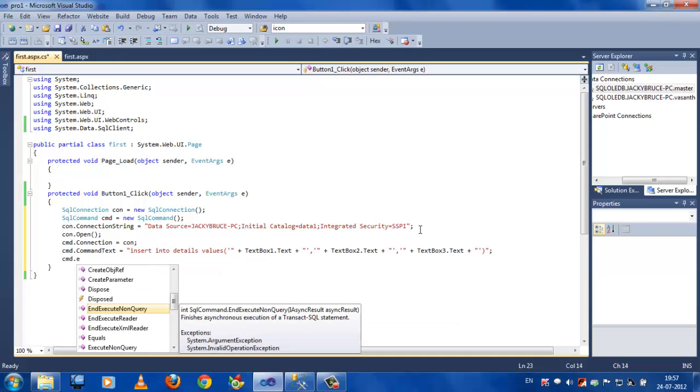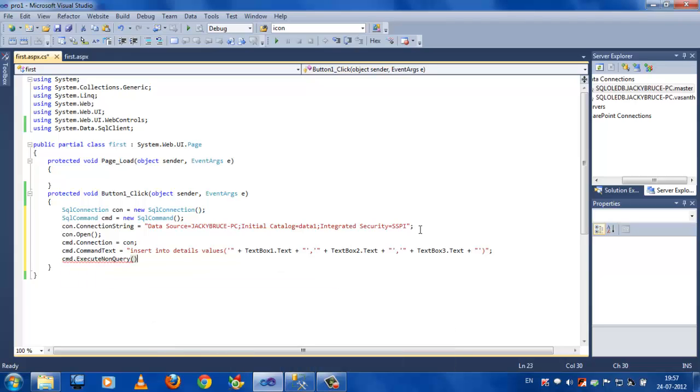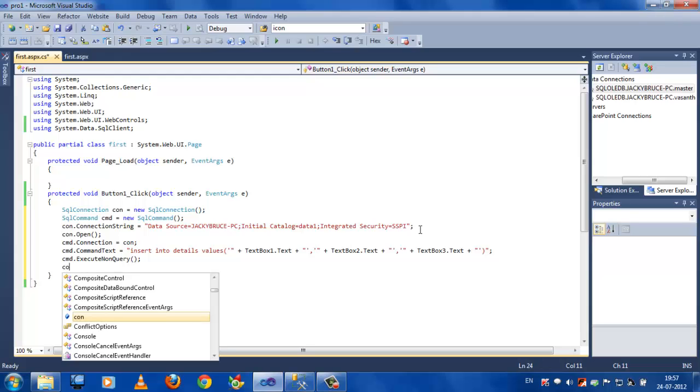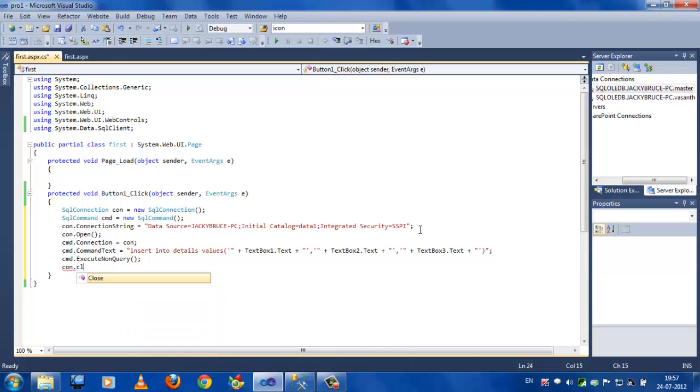That's the procedure. If any DML statements like insert, update and delete are going to be executed, we have to give command.ExecuteNonQuery, and next we have to close the connection,